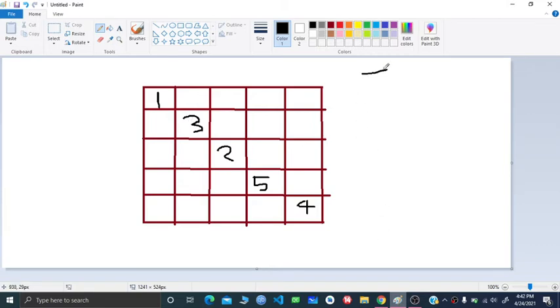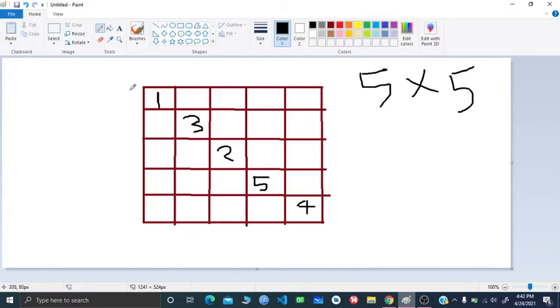So if I draw a 5 times 5 grid, then in the diagonal positions there will be n values, which means 5 values, and we're going to take those as an input as a permutation, which means each and every value is going to be distinct and between 1 and n. They're going to be placed just like that, as it is a diagonal position. Now, the thing is, what you have to output